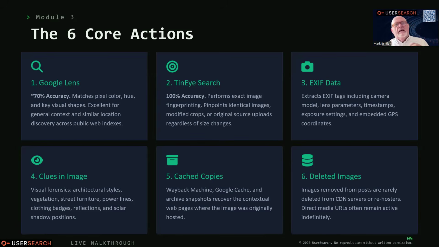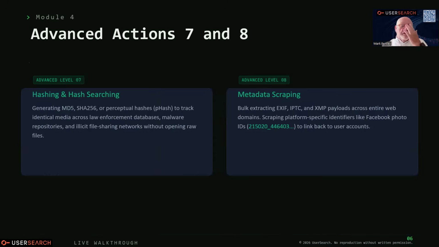And that's how data and posts and things like that work on the internet. Looking at historic stuff, irrespective of age, is super important. And then the last 2, which are a bit more advanced, think about hashing. So you have something that you can't put on the internet because it's offensive, it's sensitive, whatever. You hash it, and I'll be doing a talk on hashing a little bit later on, where you hash it and you do a search on the hash.